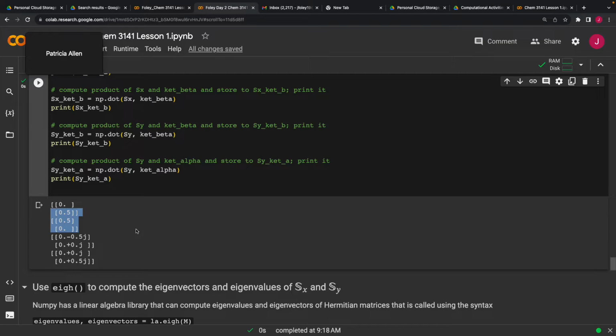What's happened is I've rotated chi alpha out of the real plane into the imaginary plane. So it's no longer pointing along plus real alpha, it's pointing along, I guess, imaginary alpha. And the same thing for chi beta, it rotates it out of the real plane